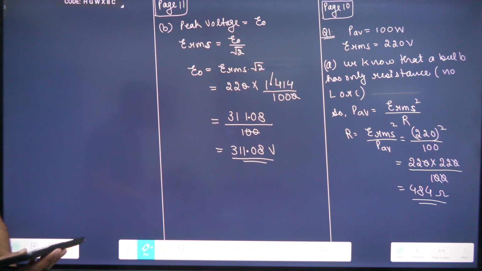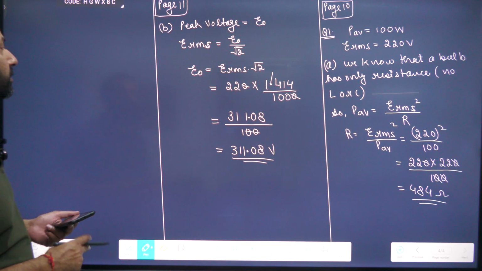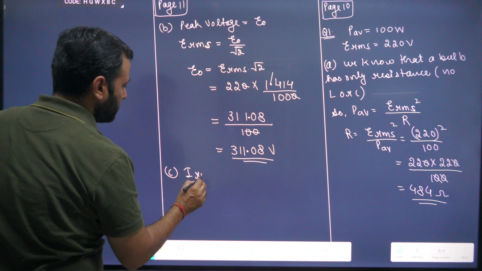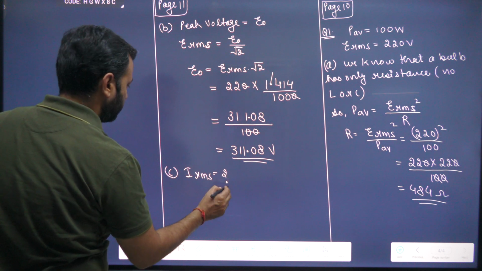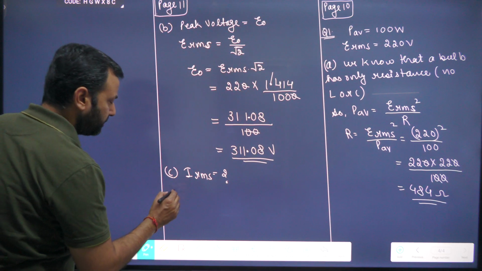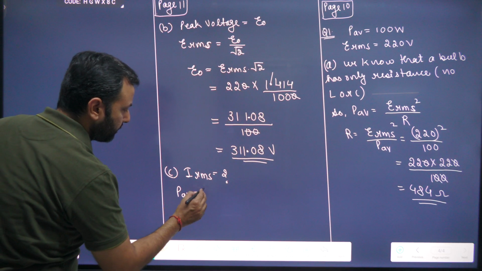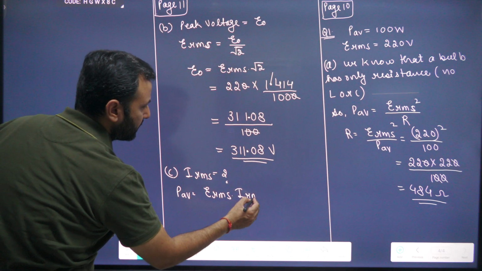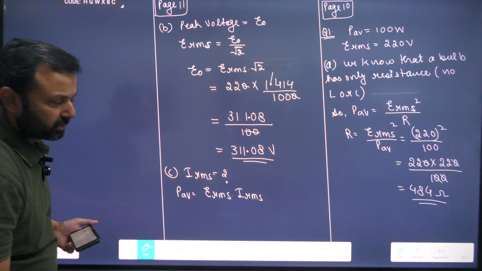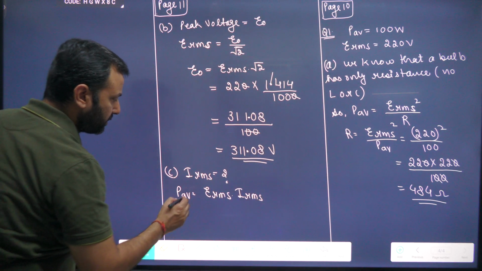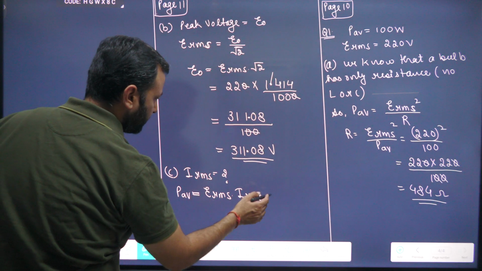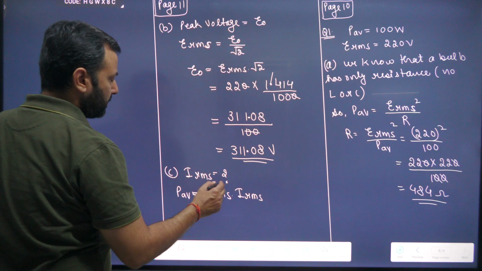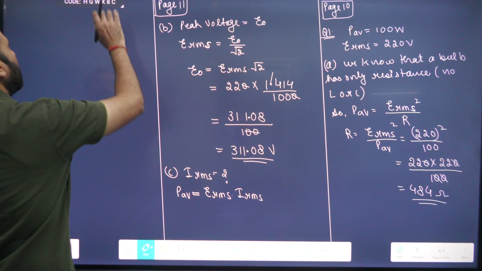Now C part, the RMS current through the bulb. They are asking IRMS. So P average is equal to ERMS into IRMS, as it is a purely resistive circuit case. There is not any phase angle, so I'm not writing cos phi here. So P average is equal to ERMS into IRMS. It implies that IRMS